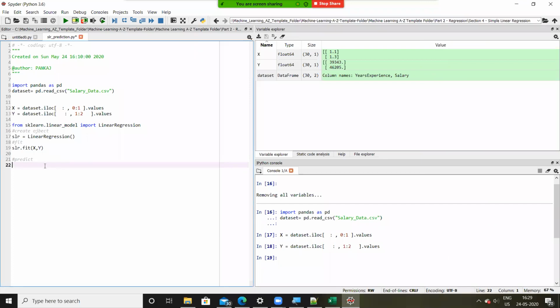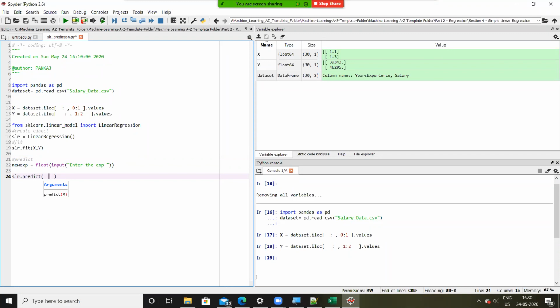So we'll say new experience is equal to float input, enter the experience. So we are asking the user to enter the data that will be captured in new experience. And we need to pass this to SLR dot predict function. The predict function receives the new information, right? It will receive what? New data.